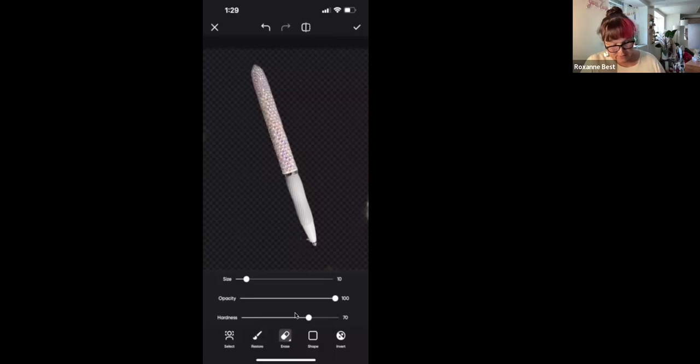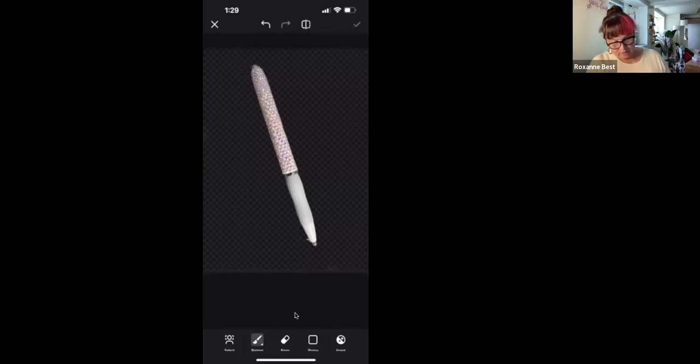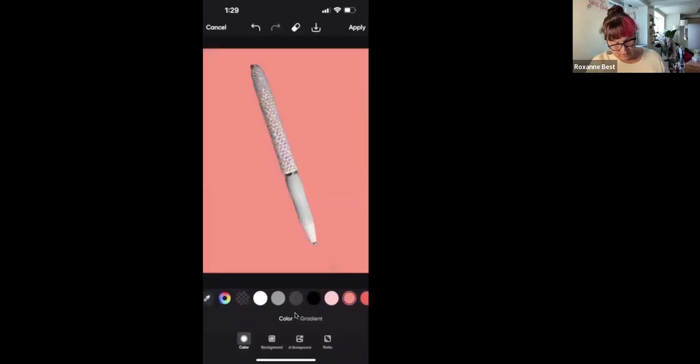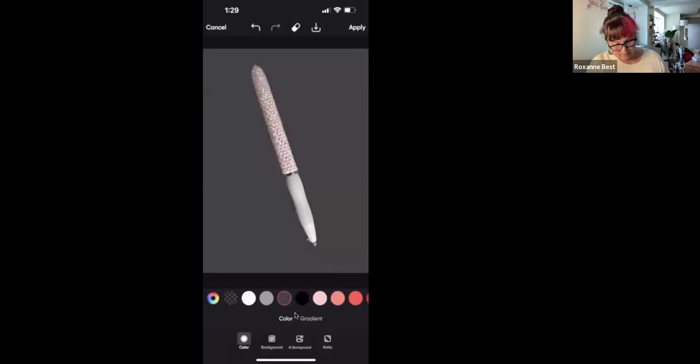So I'll just say, this is a free version, I believe, on this one. I don't think I'm in a trial. And so it's not doing terrible. I mean, you get what you pay for, right? So I'm just restoring some of the areas. So let's say that that's good. Now I can just add different backgrounds